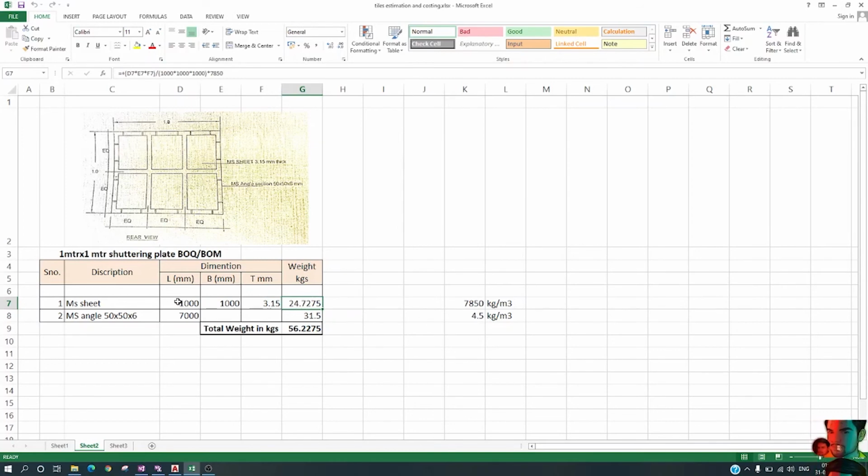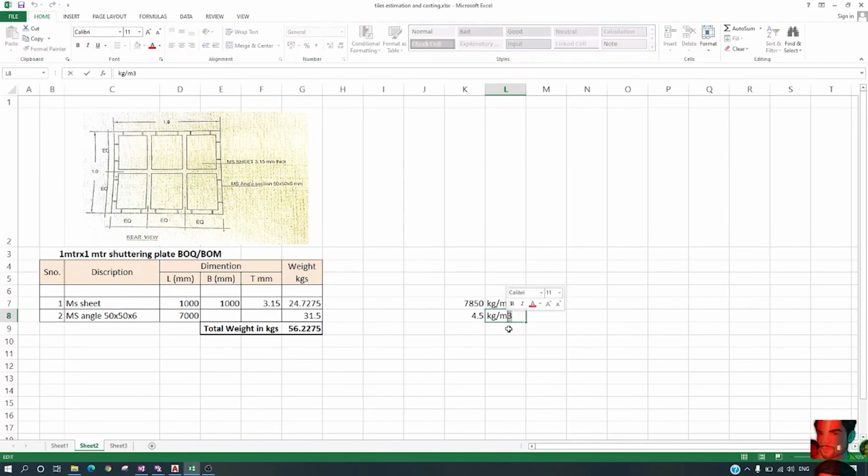How does this come? We calculate the volume, and we all know the density of steel is 7850 kg per cubic meter. Multiply with volume. This is in mm, we convert it into meter and calculate it in kg. Same, we roughly calculated the running meter of angle: 1 meter, 1 meter, 2, 3, 4, 5, 6 and center 7. 7 meter of MS angle is used, and MS angle 50 into 50 into 6 weighs 4.5 kg per meter.